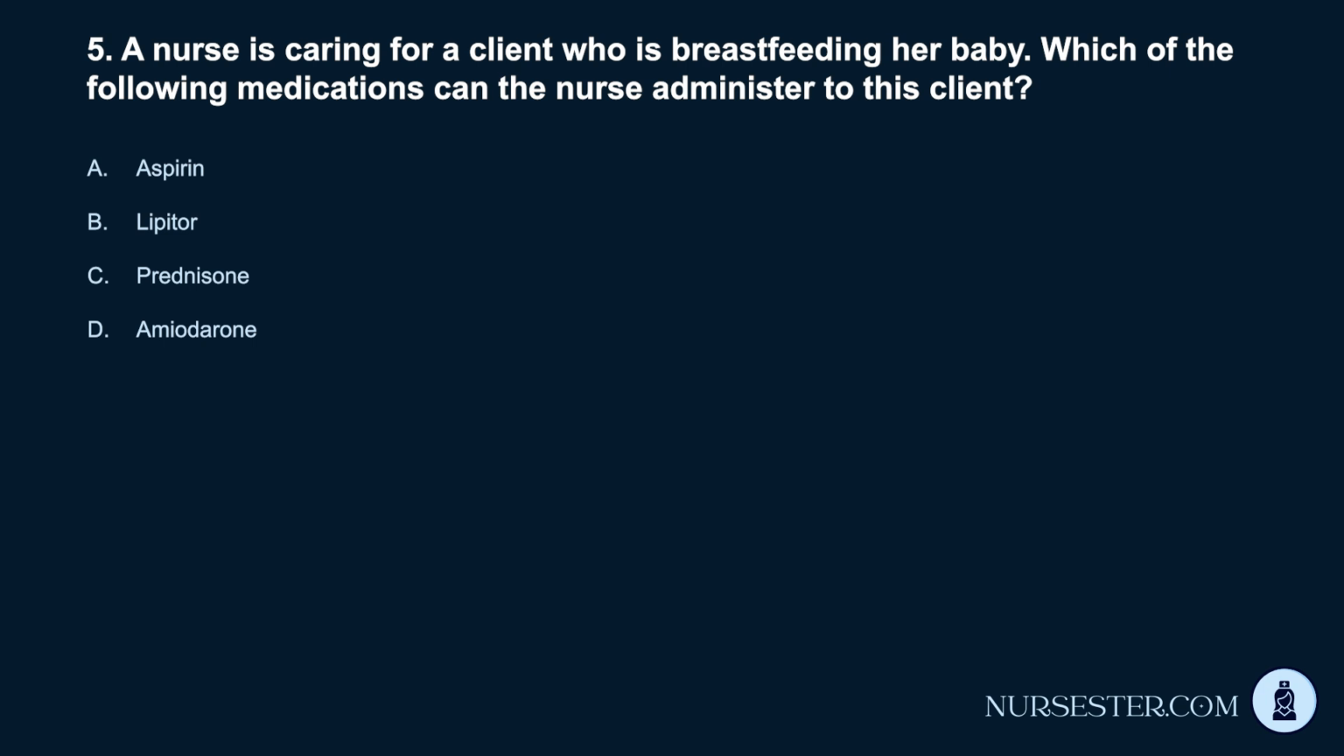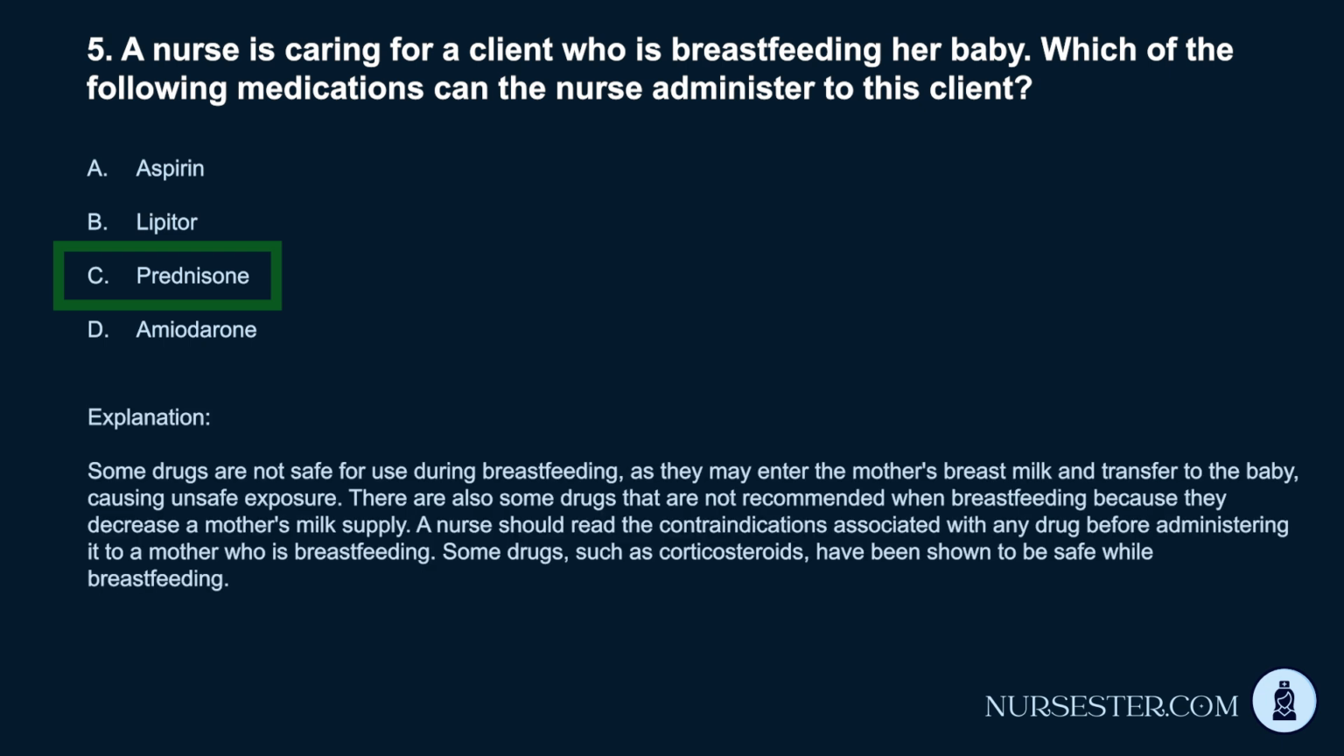5. A nurse is caring for a client who is breastfeeding her baby. Which of the following medications can the nurse administer to this client? A. Aspirin. B. Lipitor. C. Prednisone. D. Amiodarone. Correct answer, C. Prednisone. Some drugs are not safe for use during breastfeeding, as they may enter the mother's breast milk and transfer